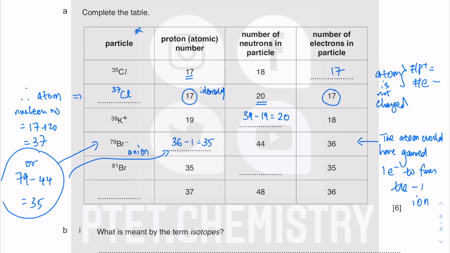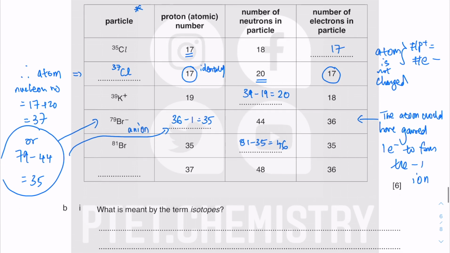So next one is a bromine 81. It's an atom. Element number 35, number of neutrons, 81 minus 35, which is 46, okay? So same number of protons and electrons because it's an atom with no overall charge. Next bit is an element 37. So if you have a look at the periodic table,